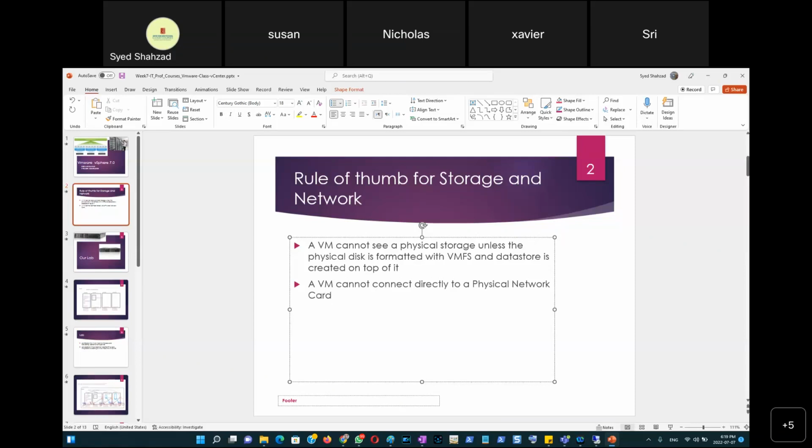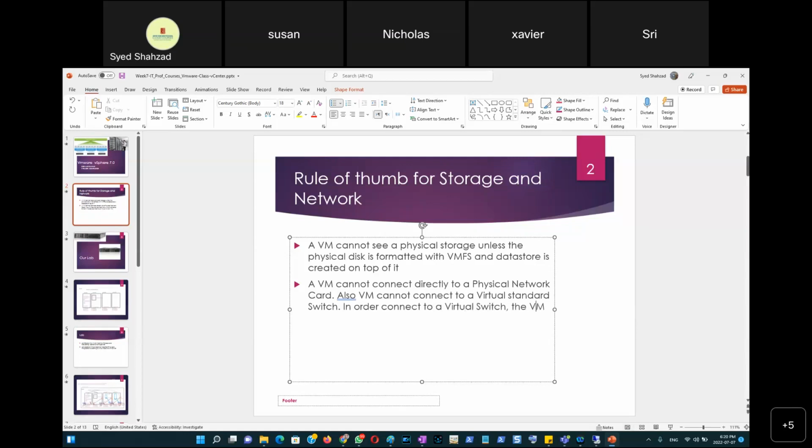Also, a VM cannot connect to a virtual standard switch. In order to connect to a virtual switch,